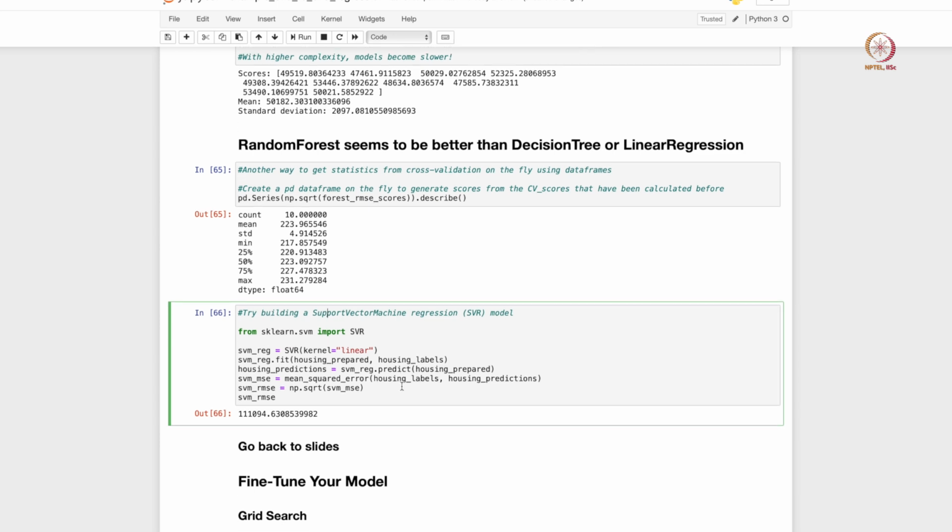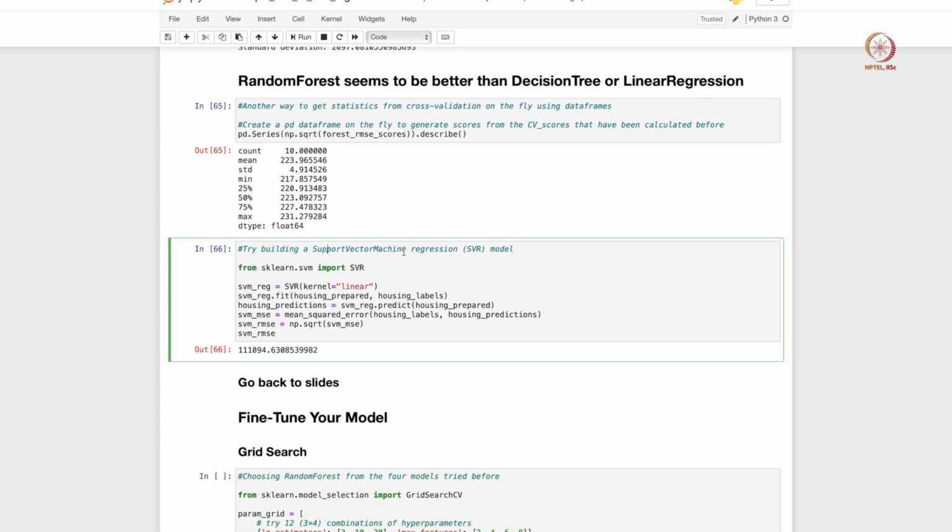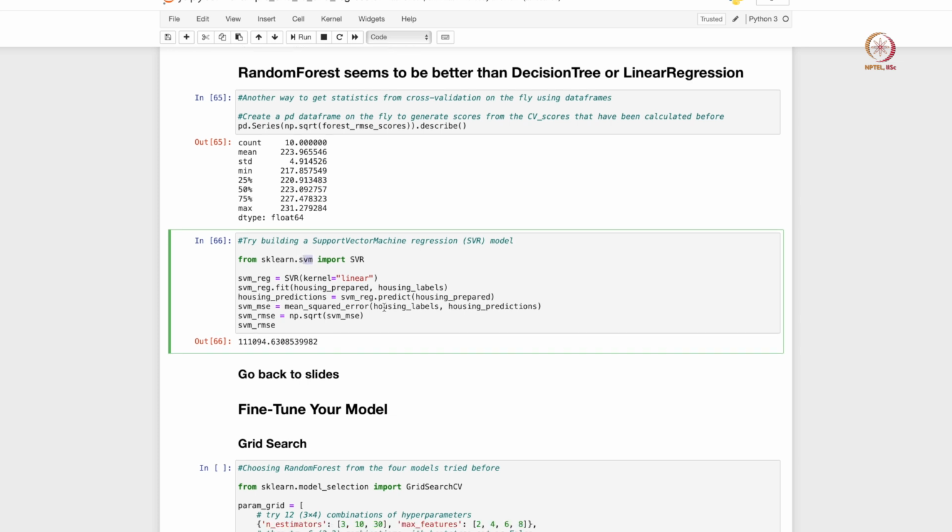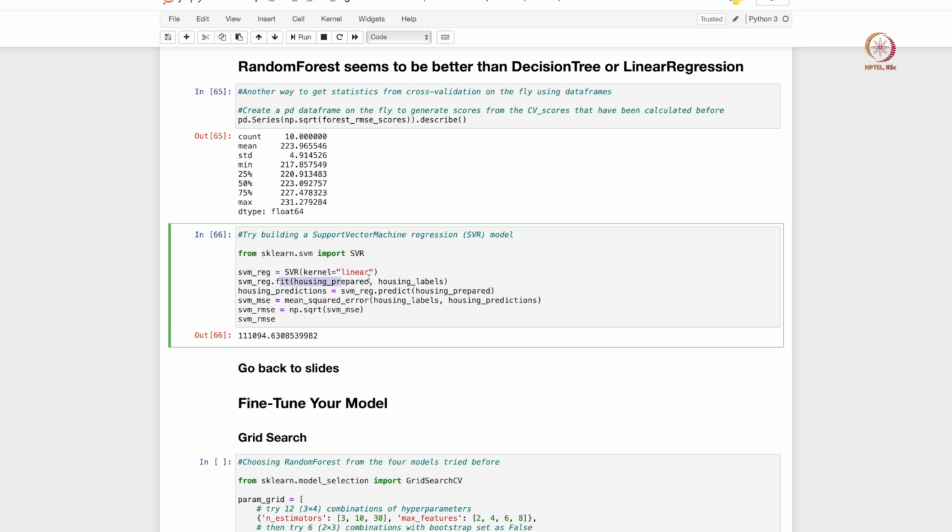Okay. Let us now build a support vector machine regression model as well. Once again the syntax is simple, you just import the SVR model, and SVM stands for support vector machine, a package within scikit-learn. You use the fit function, and once the model is fit, we get the predicted values on the data points that the model has already seen.